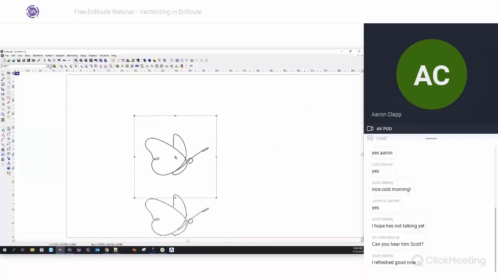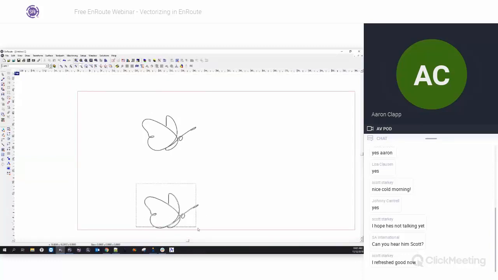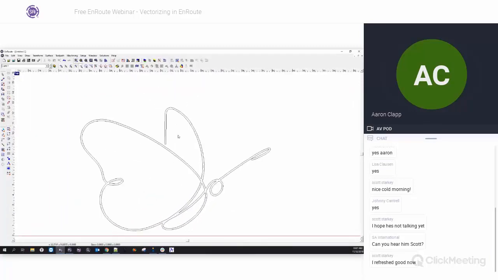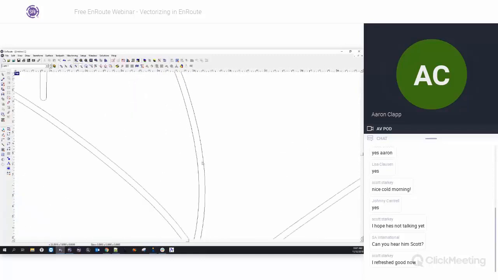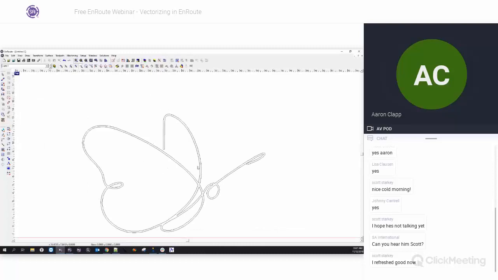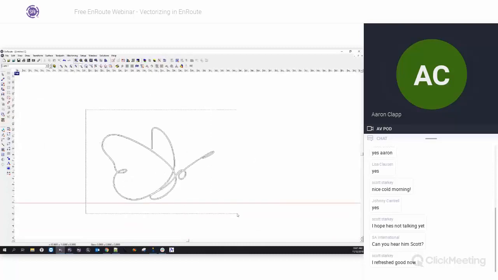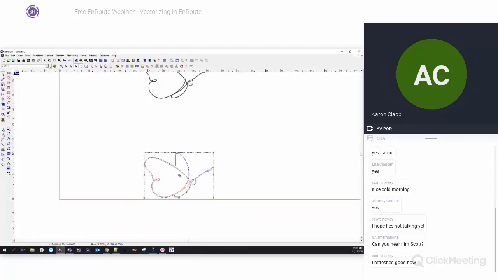And the process is pretty simple, very basic. One thing you do need to remember, though, is that EnRoute is going to trace both sides of the line. So keep that in mind when you trace something, and that will help you determine what's going on there. So now we've got a pretty good file. As we zoom in, it didn't trace any of those artifacting pieces. So vectorizing a file can be pretty simple. But what if we wanted to